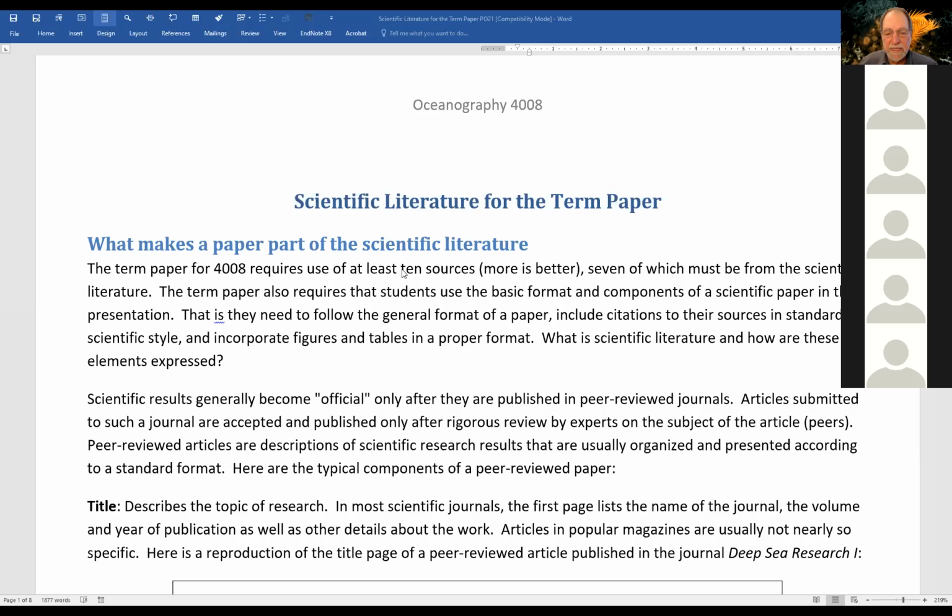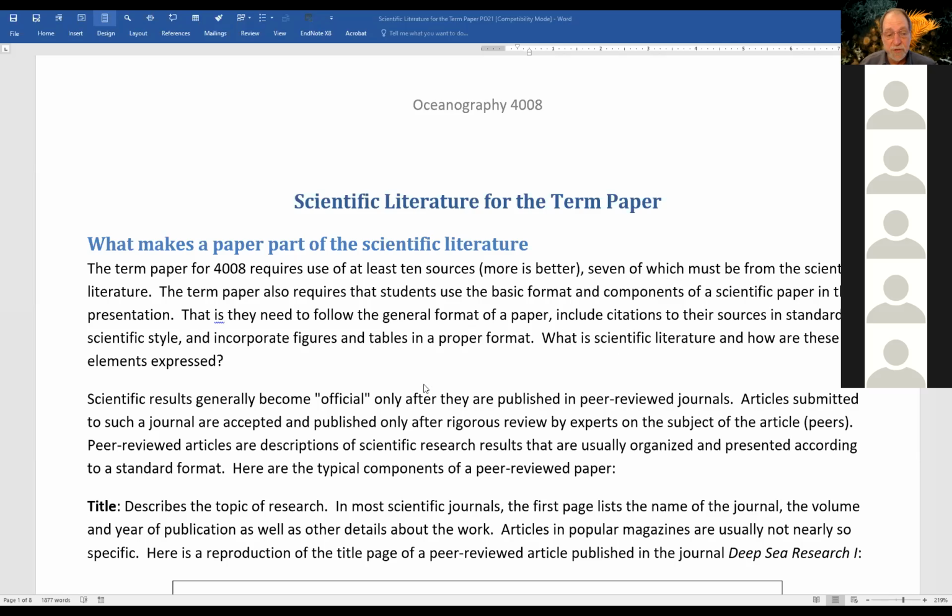You need to have at least 10 sources, 7 of which must be from the scientific literature. I think actually I've increased the numbers to take account for the team resource. But what you need to do is to use the basic format and components of a scientific paper in your presentations. And you need to use